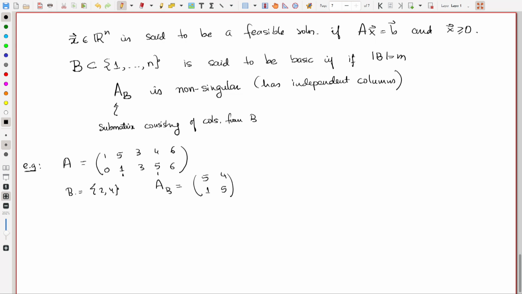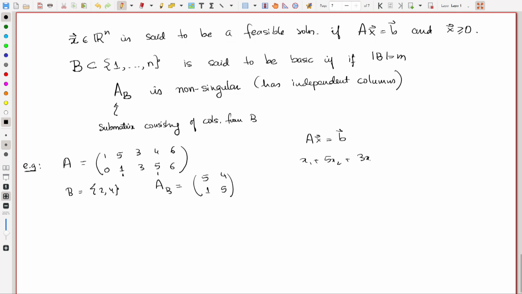Okay, so what is so special about these basic things? What is special about these basic things is now each column here corresponds to a variable, right. Remember in this there would be 5 variables. So, let us just call them x1, x2, x3, x4, x5. So, we have this equation Ax is equal to b. Then what we are saying, we can write this like this. So let us just look at this. So, the equation is x1 plus 5 x2